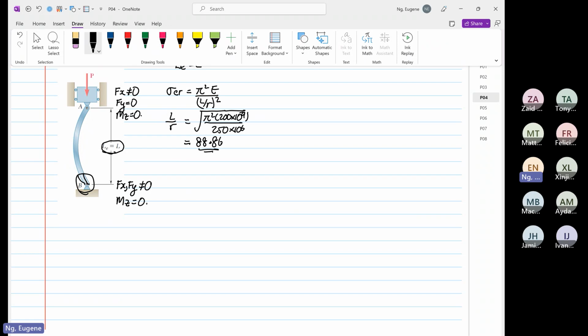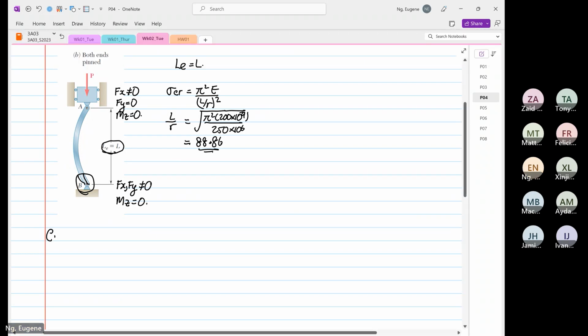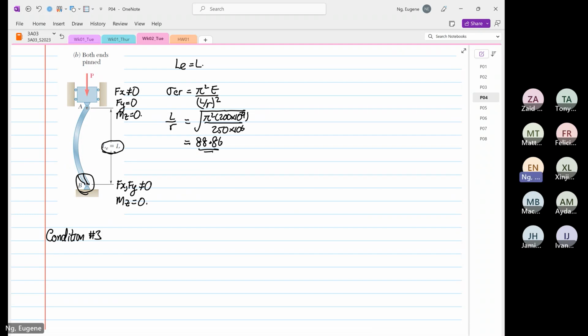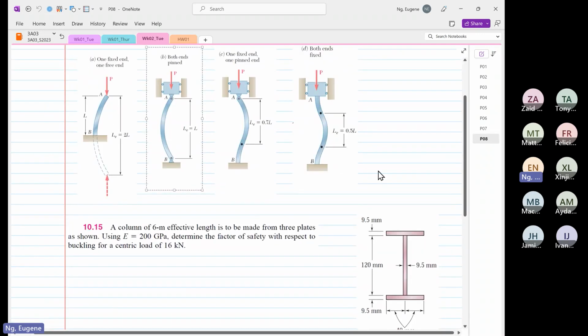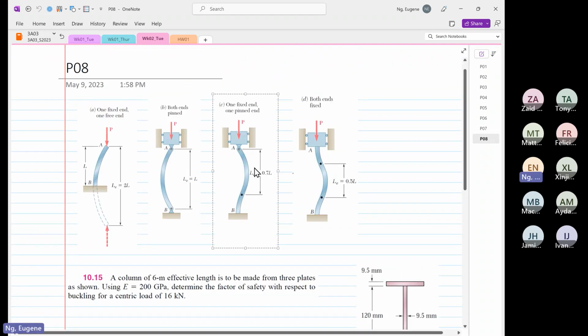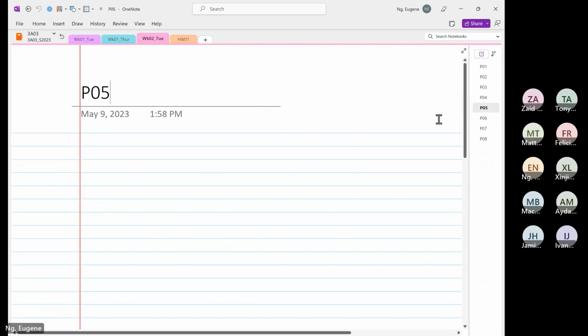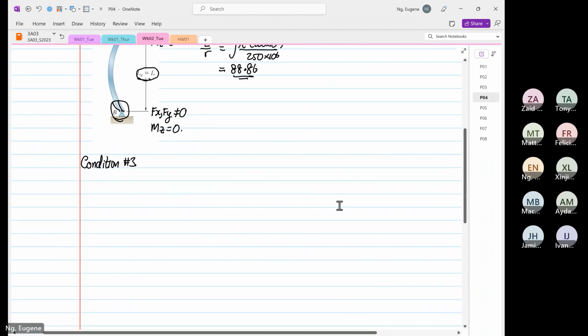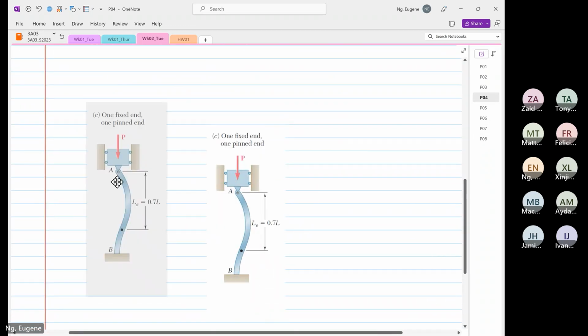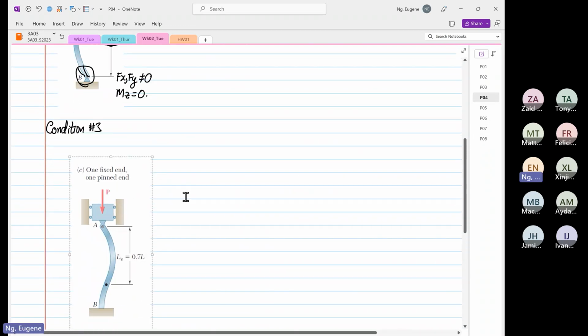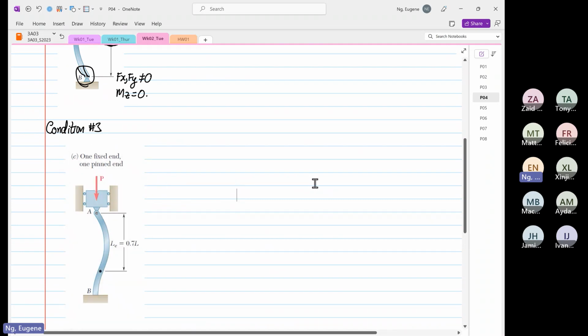Then let's look at condition number 3, which I'm going to get the image for, which is this one. Condition number 3, as you can see, is one fixed end